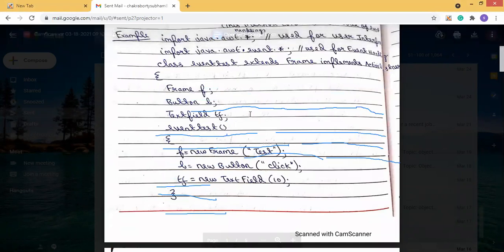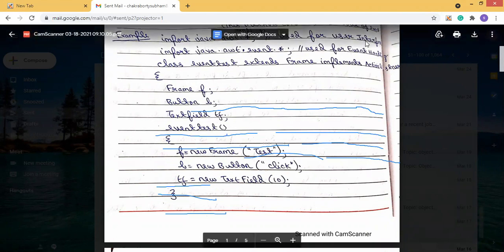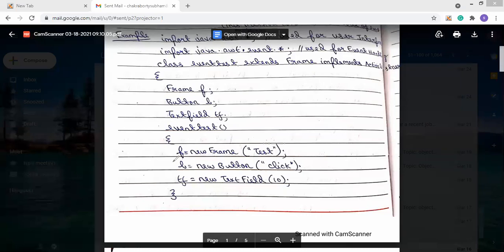Here you can see EventTest, this is the constructor. Constructor is used for creating the object. So we are creating f equal to new Frame, and the frame name is test, meaning the Frame class object is created. After that, Button b equal to new Button click.